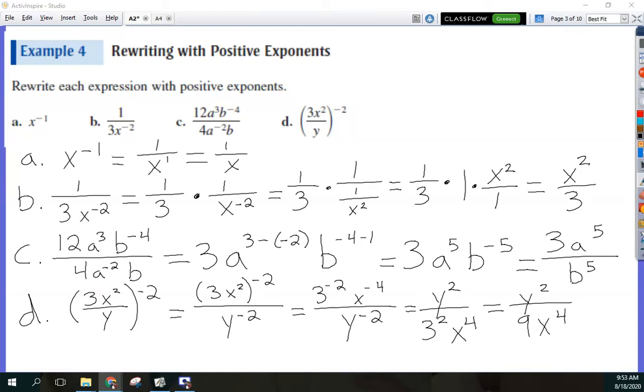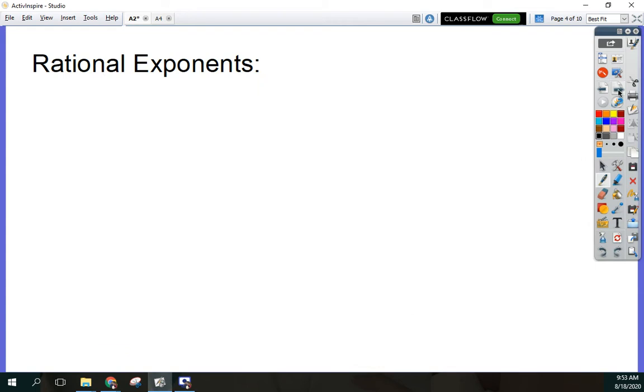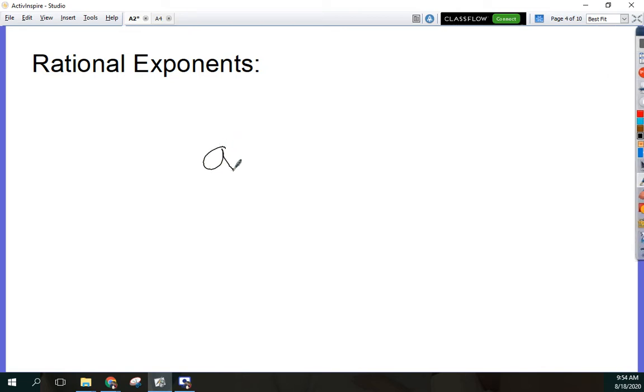All right, so our next thing that we're going to look at are rational exponents. So hopefully we recall that rational numbers mean that it can be written as a fraction. So when I see rational exponents, I'm thinking of fractional exponents. So if we have something that is written with a base of a, and we have m divided by n